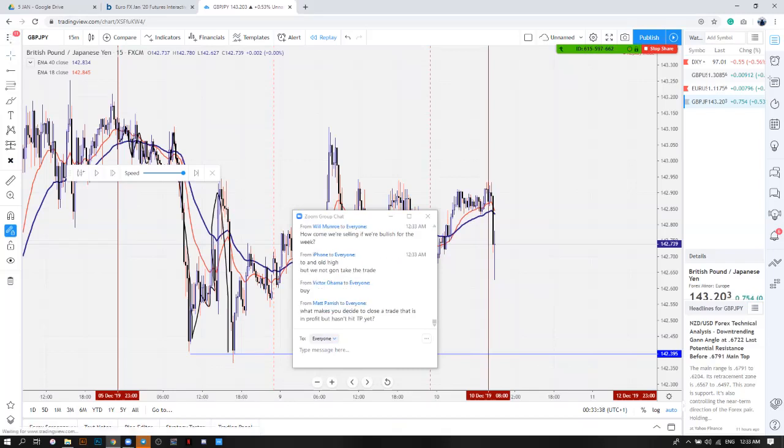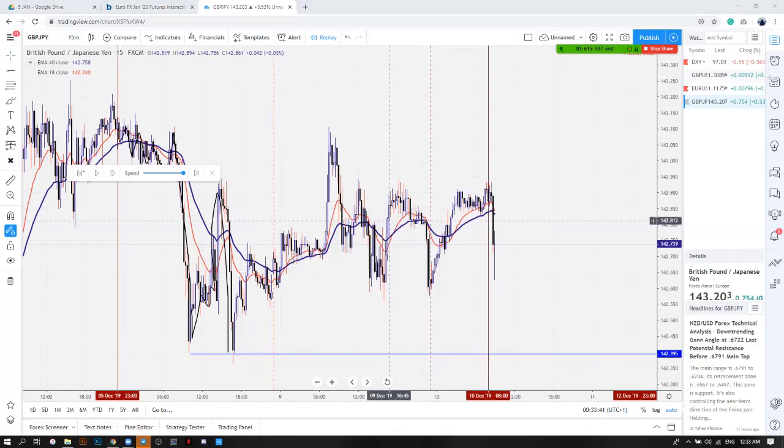Okay, so we're selling on Monday going into Tuesday because we expect the market to be bullish from around Tuesday London session to Wednesday London session to create the lows of the week. But now, based off what the market gives us intraday, that tells us if it is time for the market to go up or the market to go down.